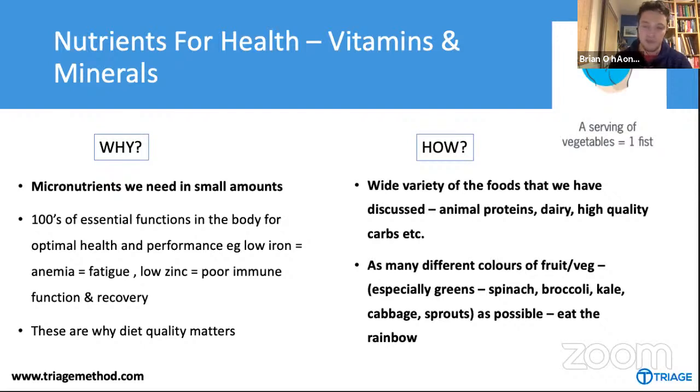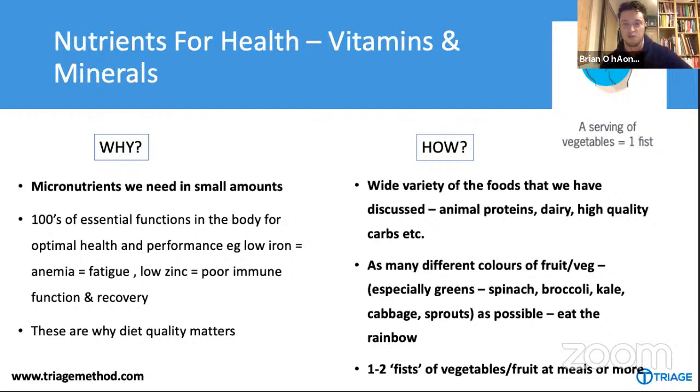So I want people to eat many, many different types and colors of fruit and veg, but to certainly make sure that they are eating at least a couple of servings of greens per day, okay? So you can see I have the rough portion guideline up here, a fist-sized amount of vegetables, 1 to 2 per meal at a minimum, plus or minus some fruit would be a great idea. Most people aren't doing that, but that's something to work towards.